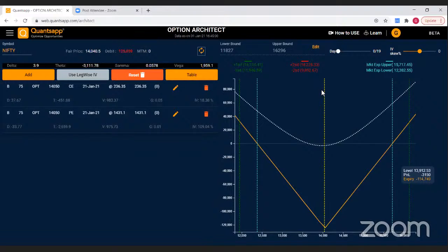So this is the orange, the yellow dotted line indicates the fair price. If I say my Nifty, the underlying, is trading at around 14,040. One more thing: all the prices you will see here are future prices, and there are no cash prices. So if you find any difference in the prices, don't worry, they are all future prices,